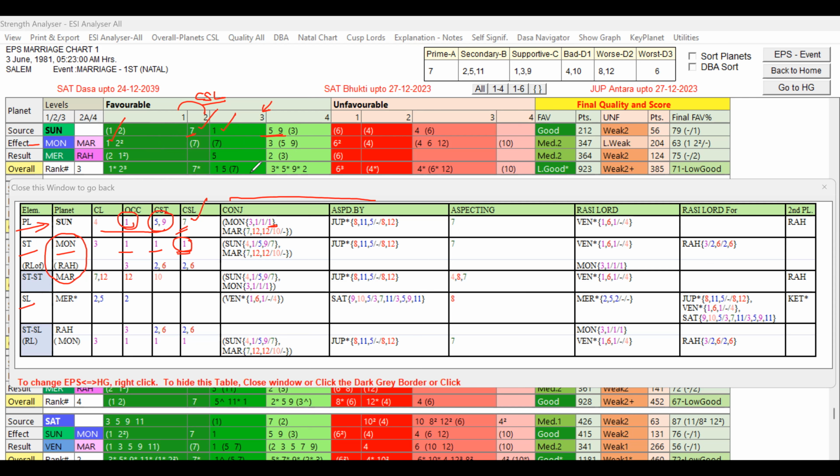I will explain. Let me talk about the unfavorable fourth house. Here the fourth house is also coming under unfavorable. How we checked for the favorable, you check for the unfavorable. The fourth house is given under third rank because it may come under third or fourth only, since it is not the CSL. If it is third rank, it means the fourth house is there in the CL and the fourth cuspal sublord will be there